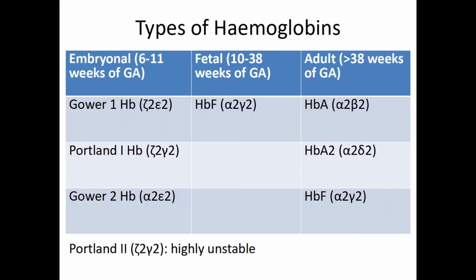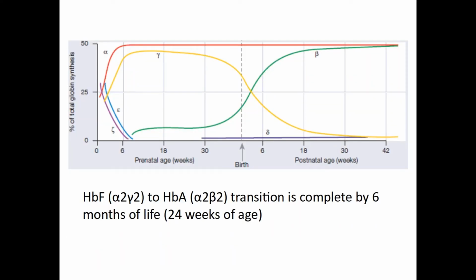So naturally, if you look at this table, alpha thalassemia will start presenting at an early stage of life, while beta thalassemia will present only in the adult stage, that is 3 to 6 months. I'll explain to you why that 3 to 6 months period is the time of presentation. In this graph, we can see that the topmost red curve, which is the alpha chain quantity, it keeps on increasing and it peaks at 6 weeks of gestational age, and thereafter it is constantly high.